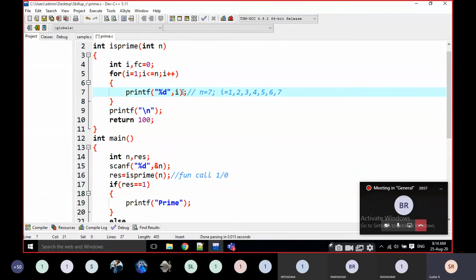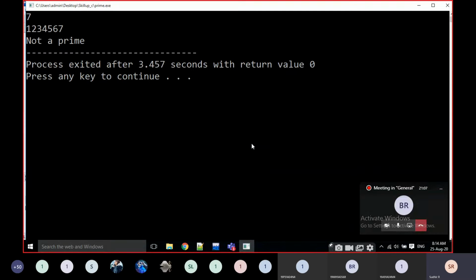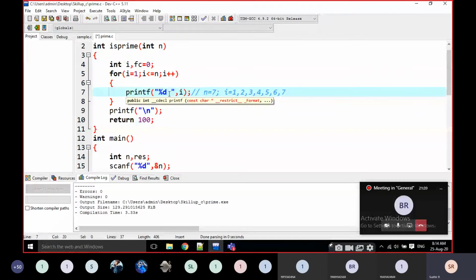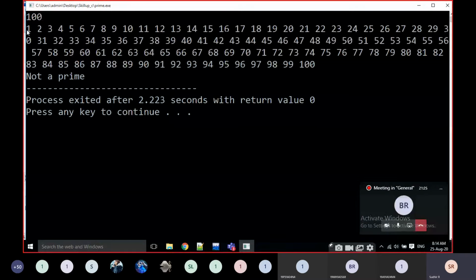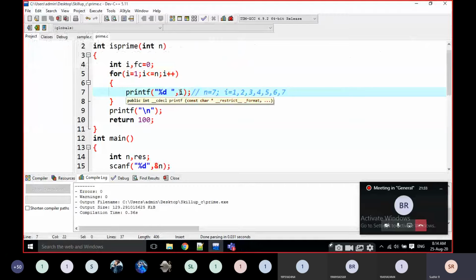First of all, I am going to print this one and see what it prints. For example, if I am giving 7 here, just observe the output. It is going to print 1, 2, 3, 4, 5, 6, 7. It is not the result up to now. That is my first step. If I execute it with 100, it goes from 1 up to 100. Now I am going to check here n mod